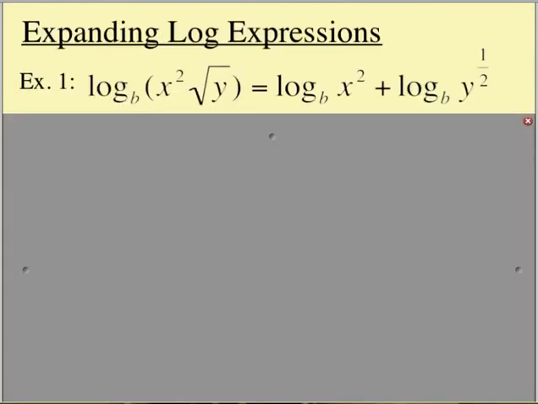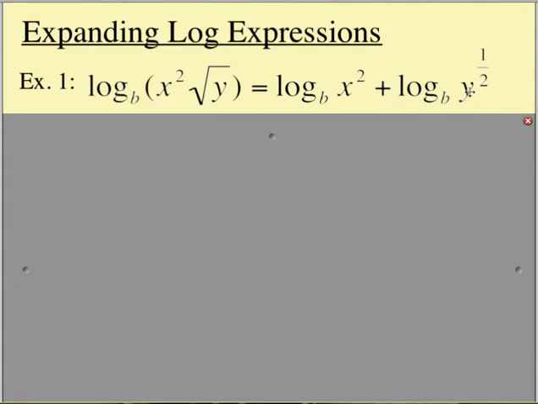So we use these properties to do what we call expanding and condensing. We're going to expand this logarithmic expression using the product rule. I have a product, x squared times the square root of y, inside this log base b. So I can separate that to be log base b of x squared plus log base b, and then you'll